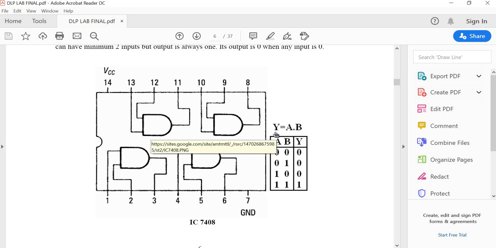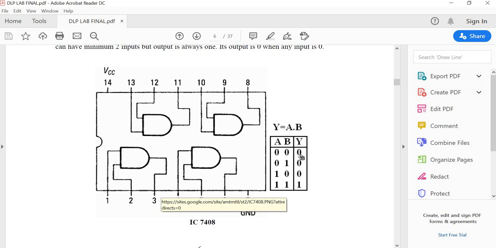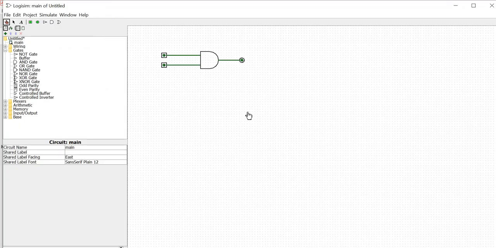And the logical expression for the AND gate is, if you treat the output as y, then y is equal to a dot b, the product of a and b. In this case, four combinations can be verified because two inputs are there. If you verify these four combinations, you will get these outputs. We will verify this particular truth table with respect to the logic module that we connected here.